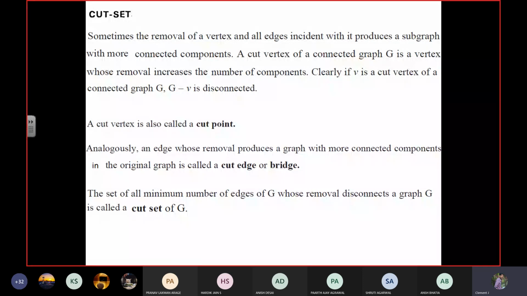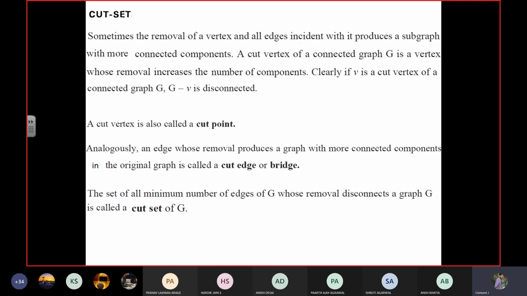We also discussed another topic called cut point or cut vertex. If you remove some particular vertices, you will have a disconnection in the graph, and it will be divided into two components. The same concept applies here; finally, you will have a number of different components from the original graph.